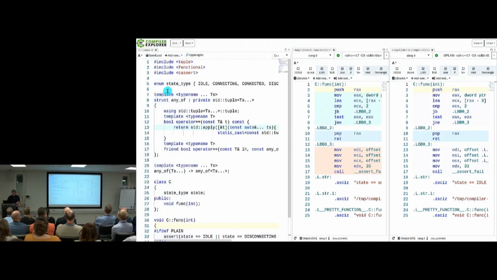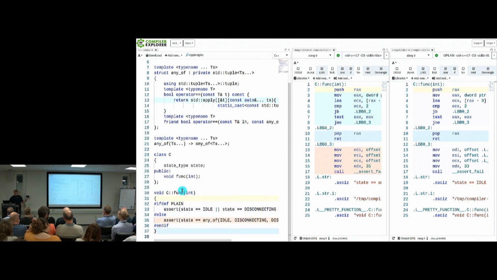So we have the state type. We have any of, it's exactly the same. The deduction guide. I have a class C here that happens to have a state and a function. And now I have tried to say that I have using an if-def here just to show two codes in parallel. So in this case, where the plain macro is defined,